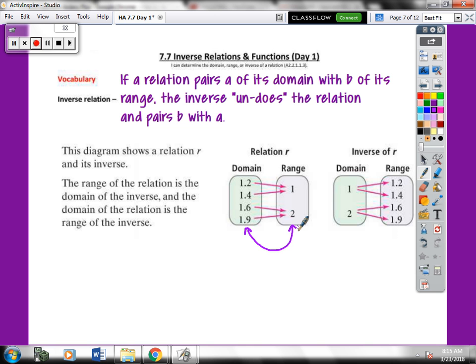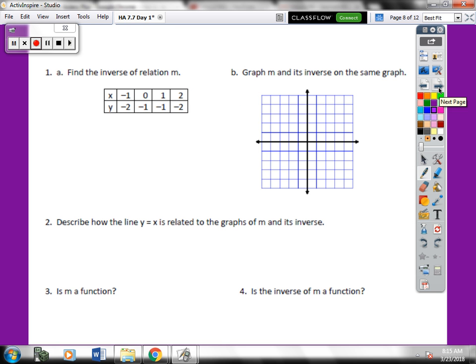We're going to take a look at both of them as coordinates, as equations, and as graphs. Question 1a asks us to find the inverse of relation M. So for the inverse, all we have to do is switch around the x and the y. Now you still leave the letters x and y, you just switch out what the numbers are. So this would become -2, -1, -1, -2, and